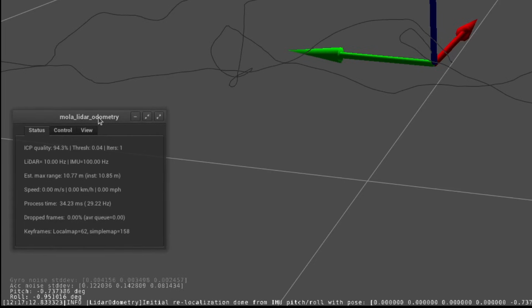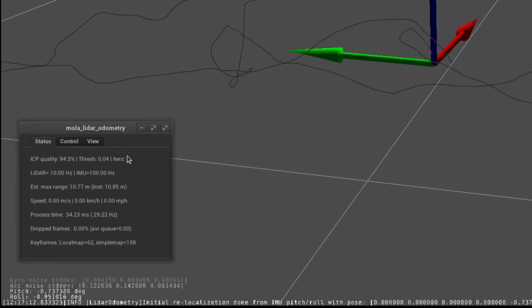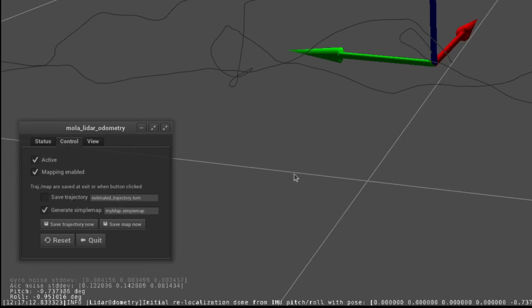It is not exactly that, but you can think of it like the minimum point-to-point distance for matching, and the number of iterations for each ICP. So the smaller the threshold and the iterations, the smoother and finer everything looks. The higher the quality, also the better. So once you are happy with this, we can quit the program.